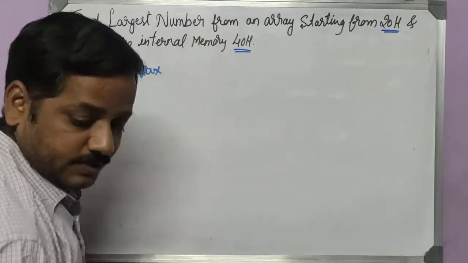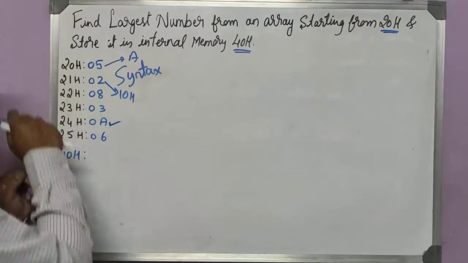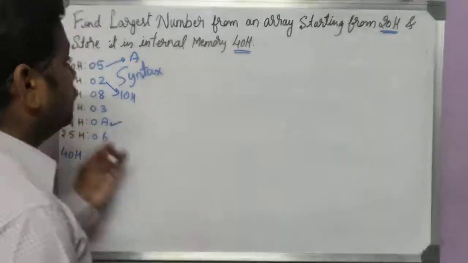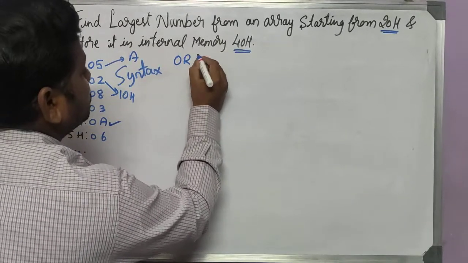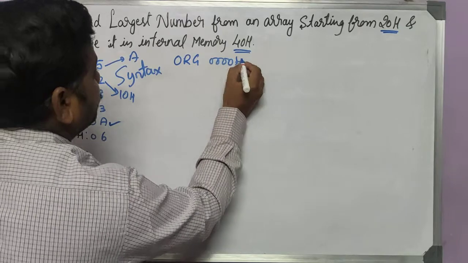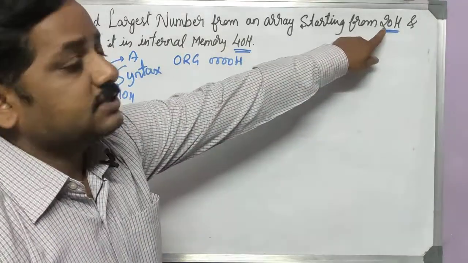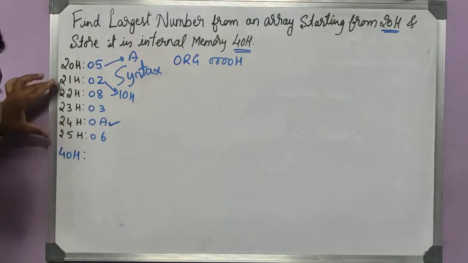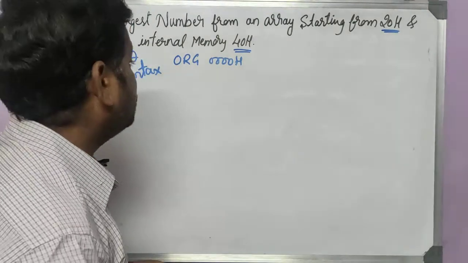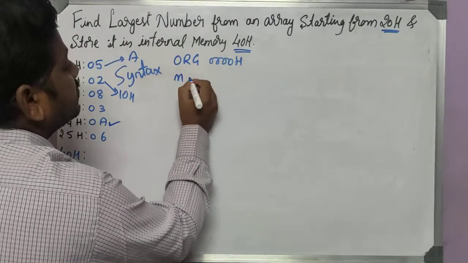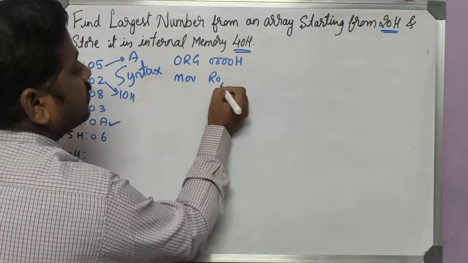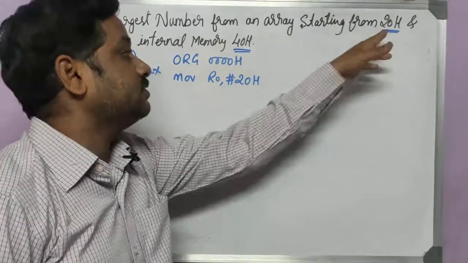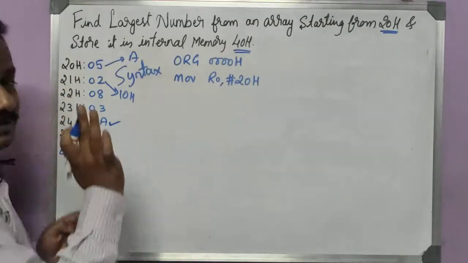First thing, we need to assign this address, because in the question it is mentioned we need to start from 20H. So ORG is the very first line, and start with 000H. After that, let me assign this 20H to one register, because we need to increment it. We should go on incrementing that, 20, 21, 22 like that. So I will assign it to one register, say MOV R0, #20H. I have assigned that 20H to R0, so R0 will be having 20H.